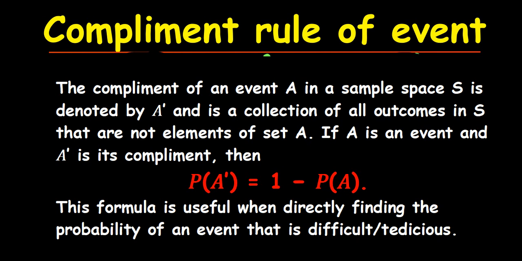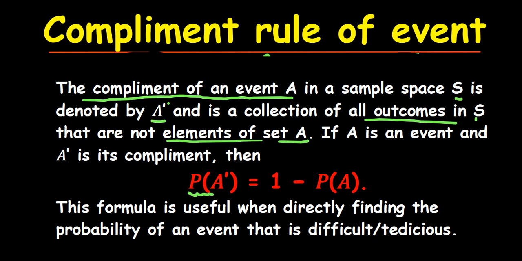The complement of an event A in a sample space S is denoted by A complement, and is a collection of all outcomes in the sample space S that are not elements of this event A. Okay, and then if A is an event and A complement is its complement, then the probability of the complement event happening is just equal to